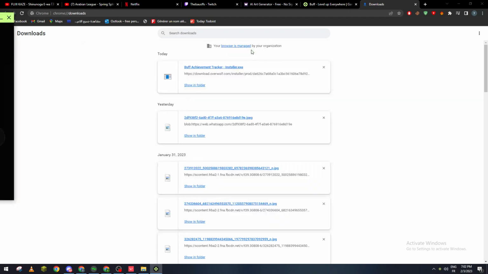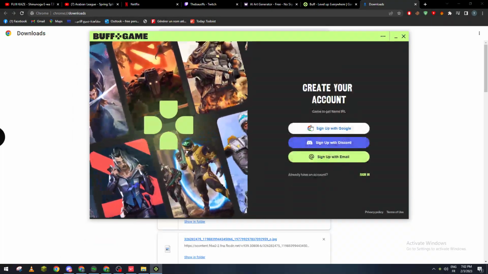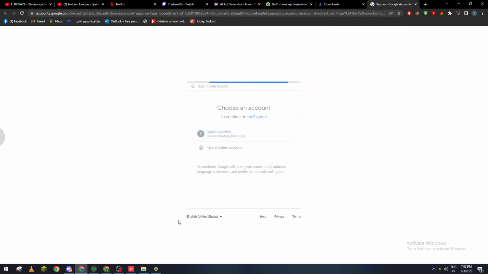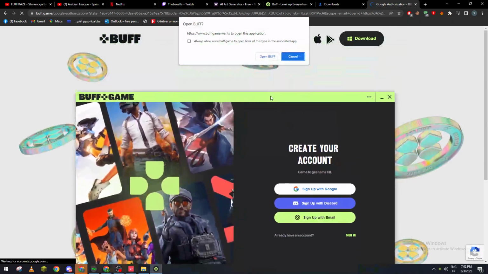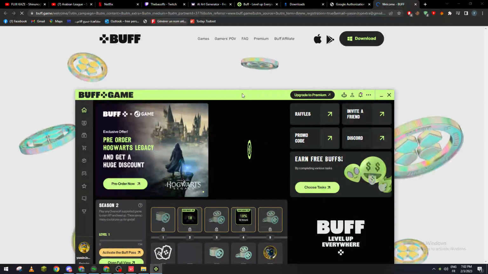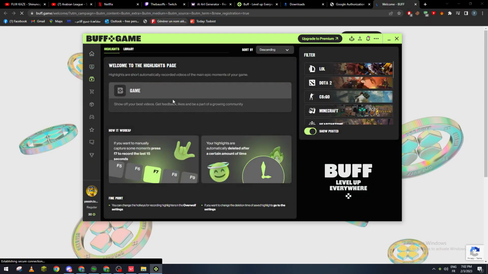So now what you have to do is pretty simple. Just play as guest or create an account. So let's create an account. Let's sign up using, for example, a Google account. And let's give them the permission to our account. And now we only have to open Buff, and let's wait a little bit. And here you go. So now as you can see, you can just go here to see your highlights. Whenever you play a game, you will see your